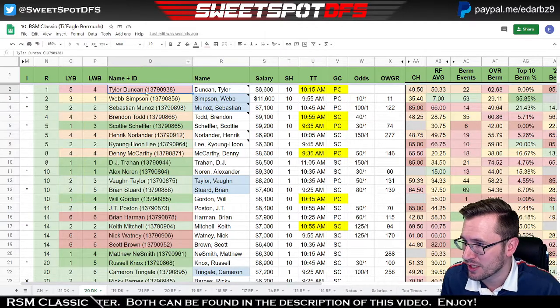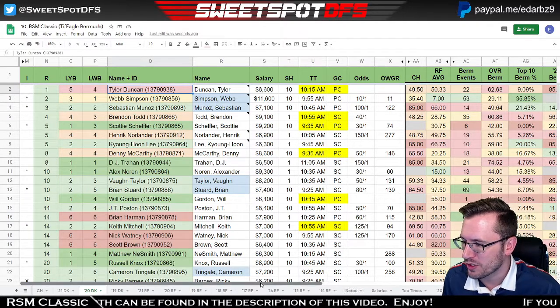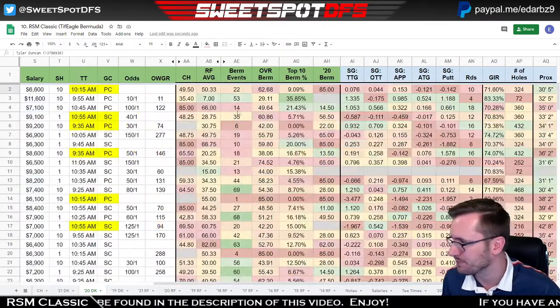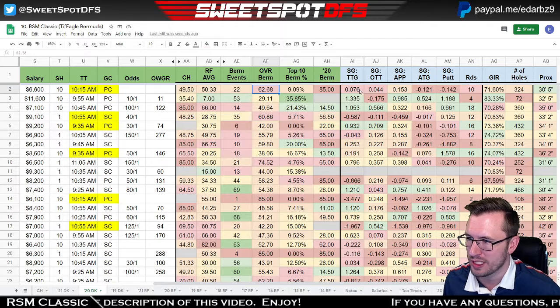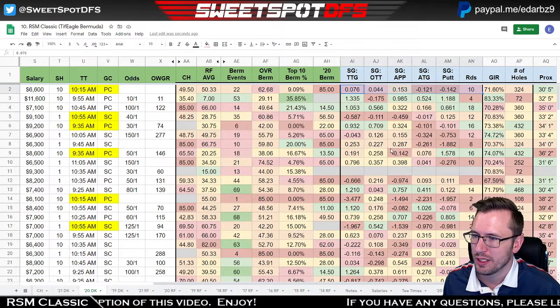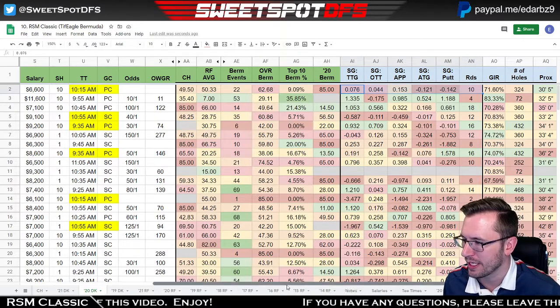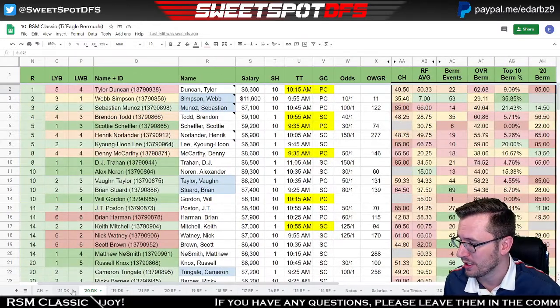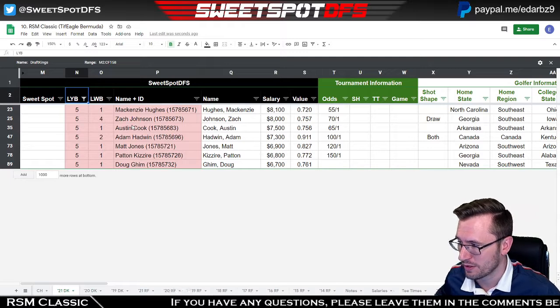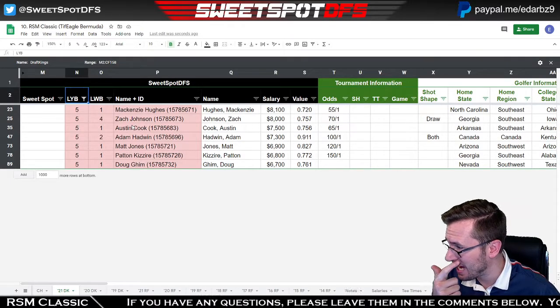And it was Tyler Duncan, whose course history didn't look the greatest. Recent form didn't really look that good. His Bermuda stats didn't look good. The rest of his stats didn't look good. It was kind of puzzling that someone like Tyler Duncan won. So we can actually use that information and look at this year's last year 5 buckets, and you actually have